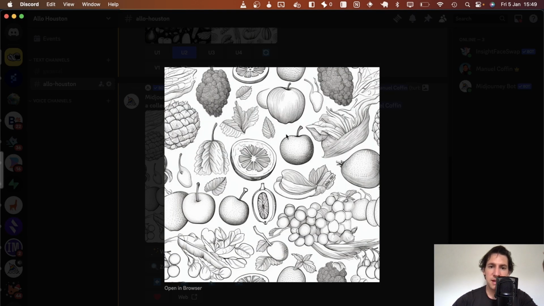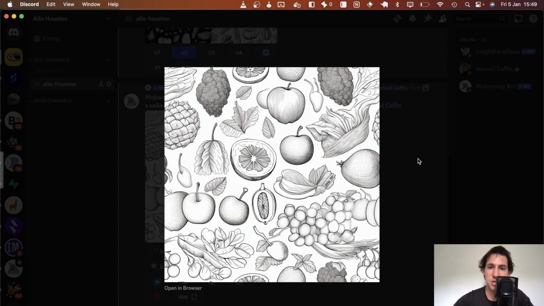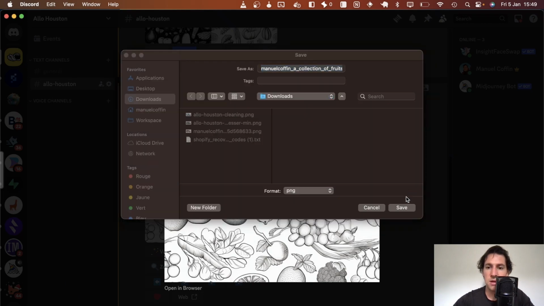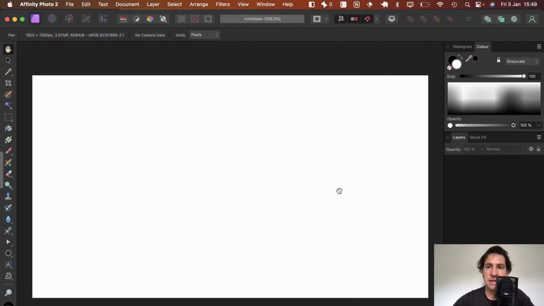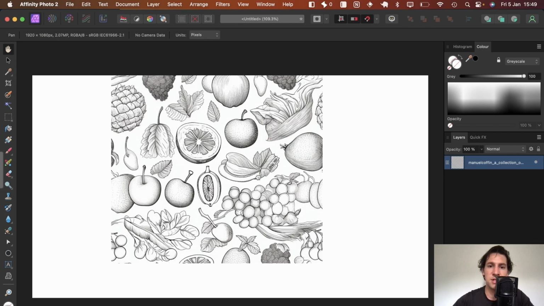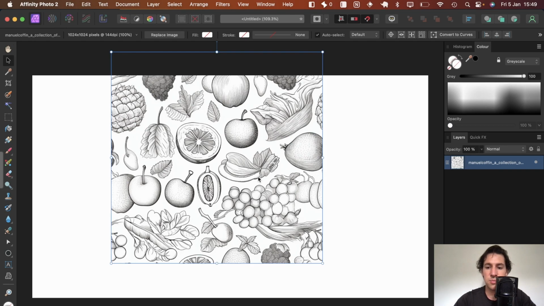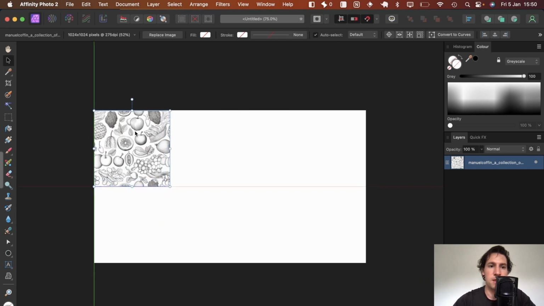So of course here I only have one repetition of the pattern. So here I'm gonna show you how it works. I'm gonna save the image, up, save, and then use it in a software like this. If I take my image, up, make it a little bit smaller, you will see that